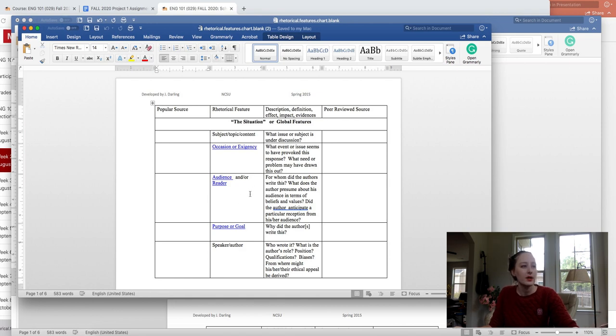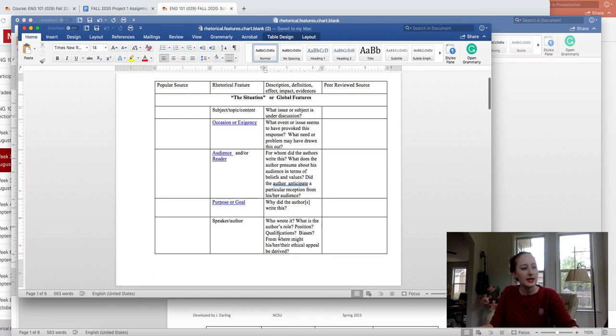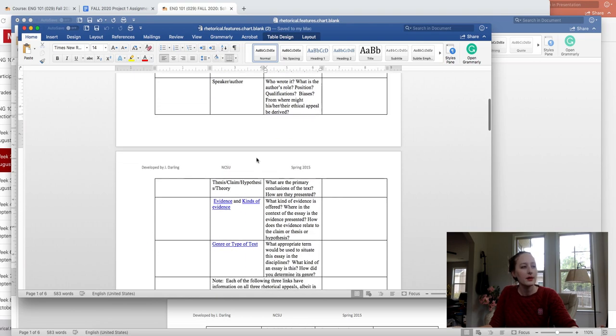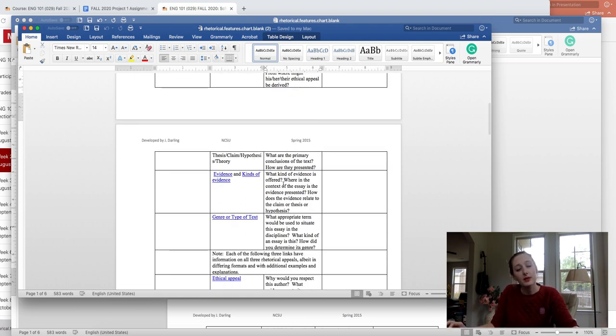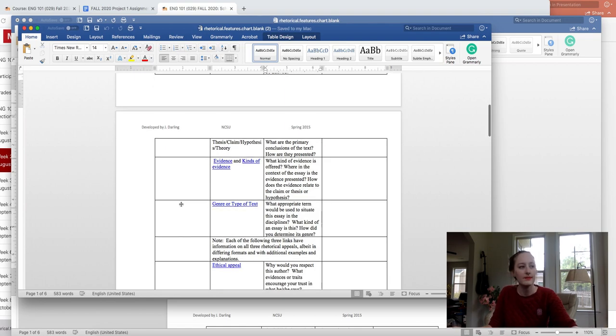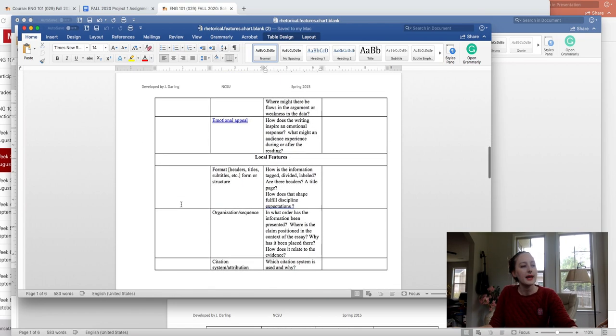So if you don't know what something means, it will tell you. So let's say, for example, audience and or reader. I'm going to say, okay, who's the audience of the Scientific American? General public interested in science. Who's the audience of the peer-reviewed source? Scientists studying body temperature, something like that. Scholars, I mean. So look at that. These are some questions to guide you. Thinking about the author, you might have to do a little bit of research on these things. So, who is the author of this? I'm going to track down some info on them.